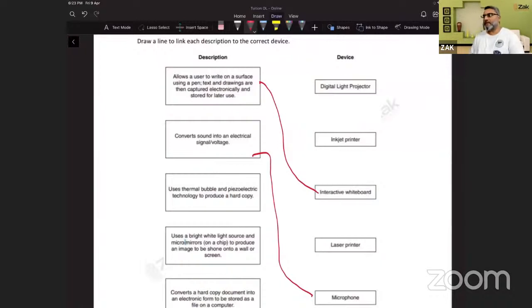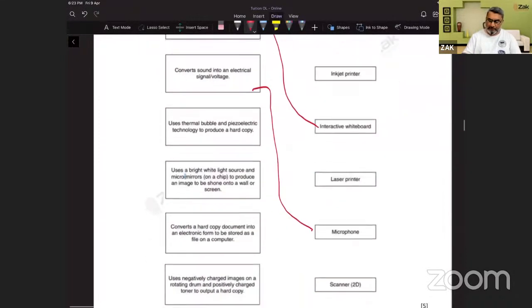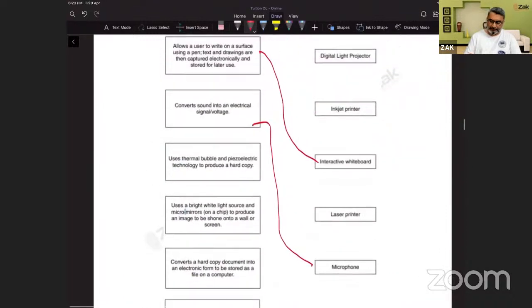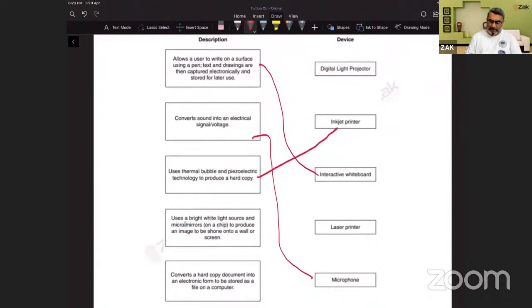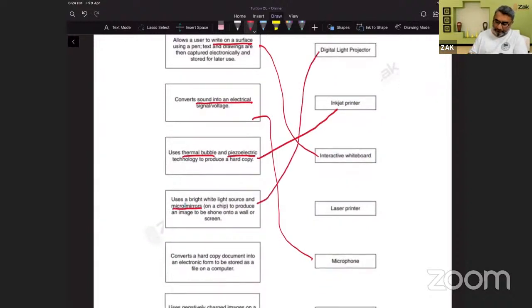उसके बाद आता है यूजेस थर्मल बबल एंड पीजो इलेक्ट्रिक। थर्मल बबल एंड पीजो इलेक्ट्रिक का मतलब है कि ये आपके पास इंकजेट प्रिंटर है। अच्छा, यूजेस अ ब्राइट व्हाइट लाइट एंड माइक्रो मिरर्स। जब ये माइक्रो मिरर्स की बात आती है तो डीएलपी, डिजिटल लाइट प्रोजेक्टर की बात आती है। ये आपको कीवर्ड्स के साथ मिला के लिखना पड़ेगा। तो राइट ऑन सरफेस, साउंड इनटू इलेक्ट्रिकल करंट, थर्मल बबल, पीजो इलेक्ट्रिक, माइक्रो मिरर्स। ठीक है, ये कीवर्ड्स।